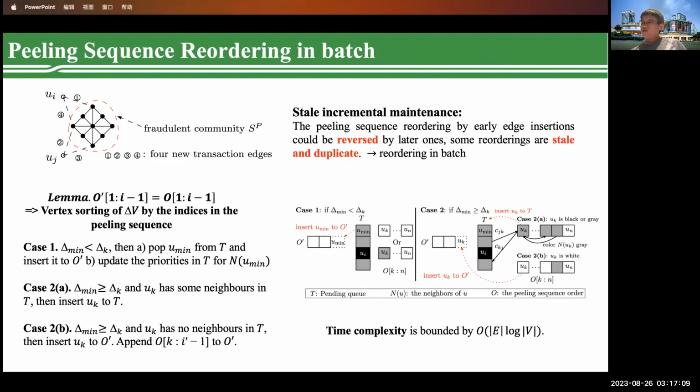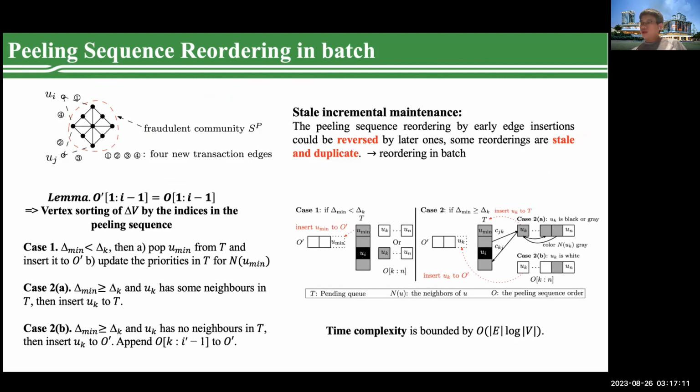We first conduct a vertex sorting of delta V. The vertex sorting is a key concept here and involves the lemma. Then we consider three cases. In the first case, we follow the same steps as previously discussed. And in the second case, if vertex U min has an edge insertion priority greater than or equal to UK, and